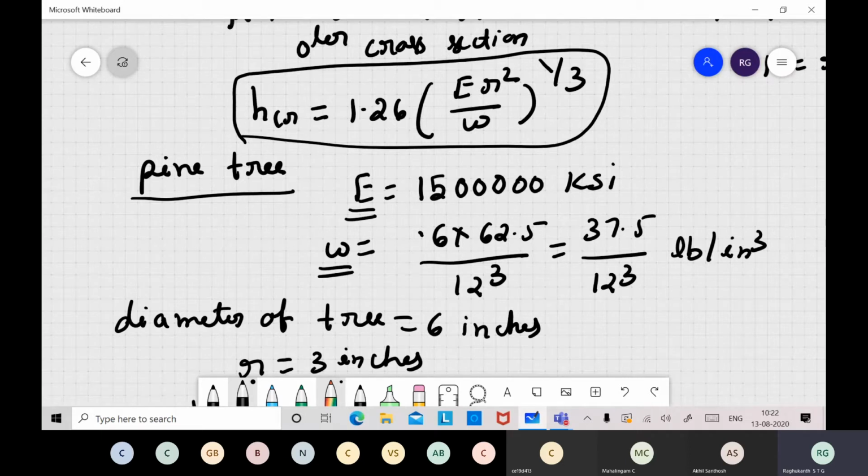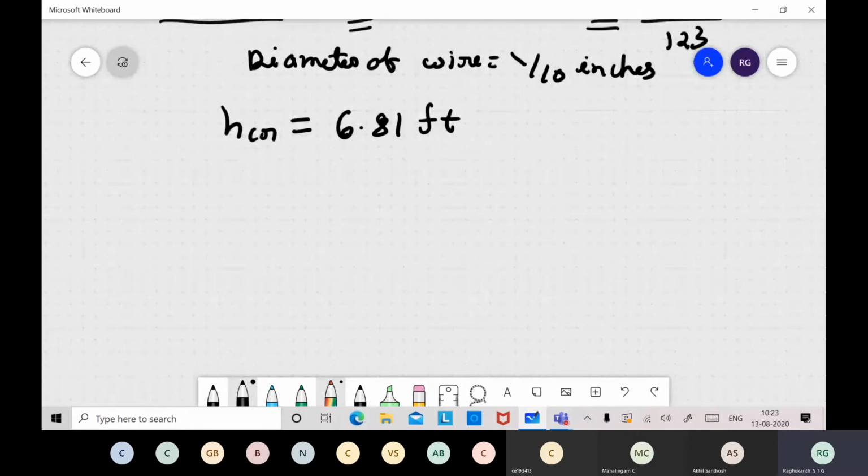Now, in civil engineering, what happens? We build columns. Not only does the column have to support its own weight, but it also should carry the load which comes from the beams and the slabs. So the diameter has to be much more, not only just for self buckling. So this is a very important derivation he has given.